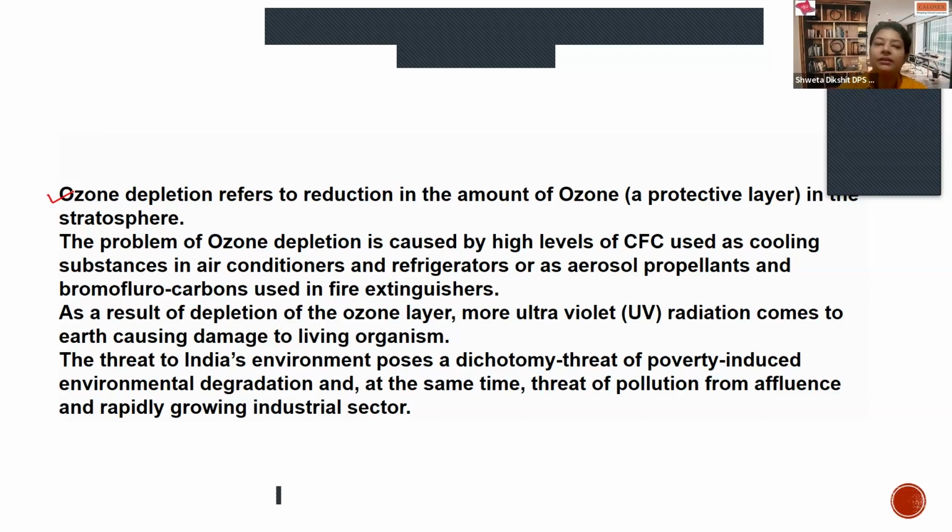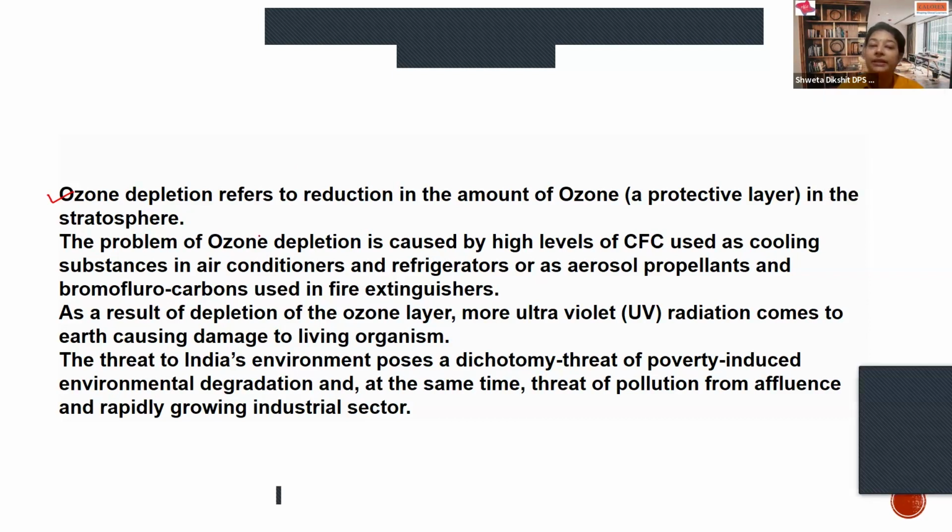You must have read this in your science chapters in the junior classes. You're very much aware of what ozone layer is and how does it deplete. So basically, it is a protective layer in stratosphere which works as the protection or guard to the earth from the ultraviolet harmful rays of the sun. Now, when it is depleting, it is generally said by common man that there's hole in the ozone layer.